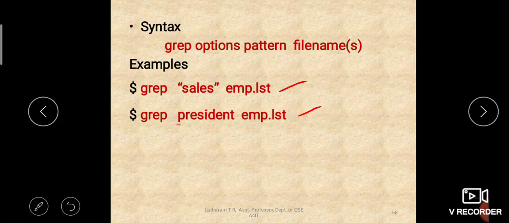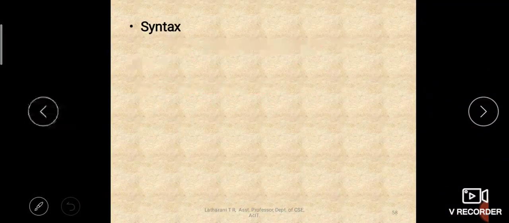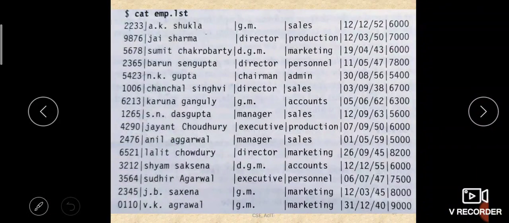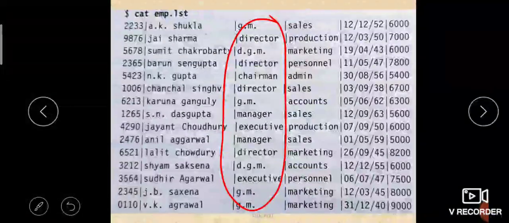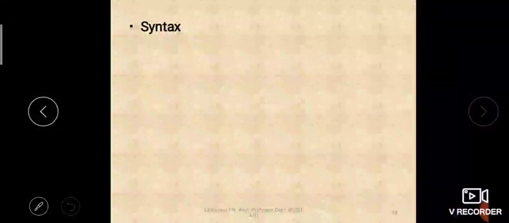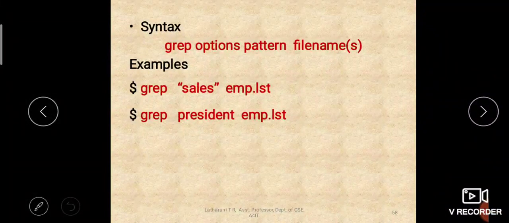So if you search for precedent in emp.list, let us see how many matches there are. It is the designation, right? Is there any pattern called precedent in this designation? So there is no precedent occurrence. So it will not display any line. Simply it will return the prompt, the $ prompt.